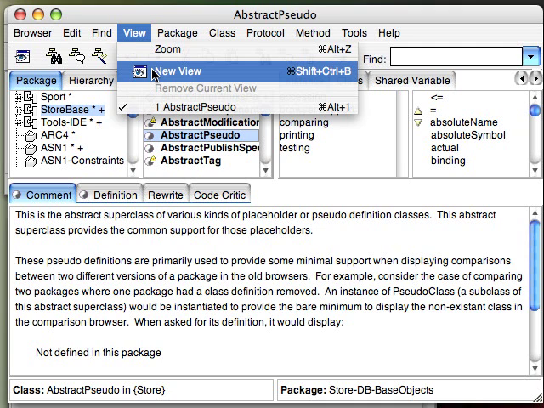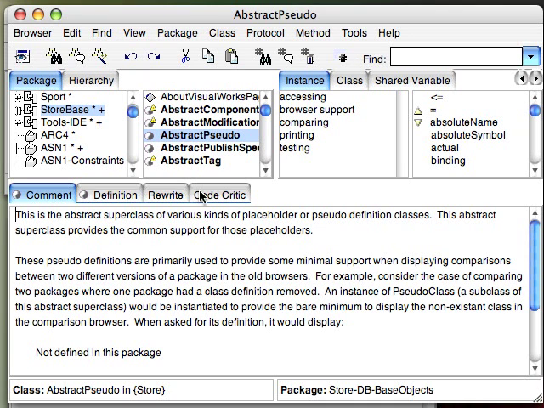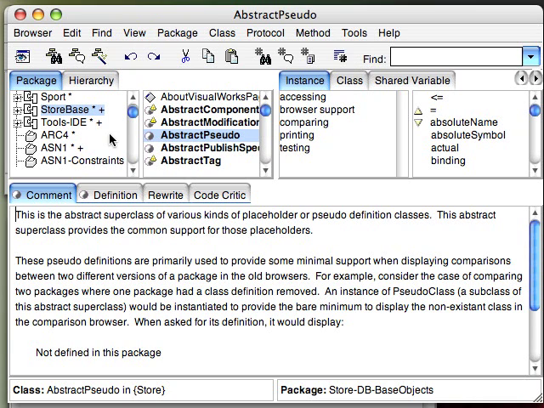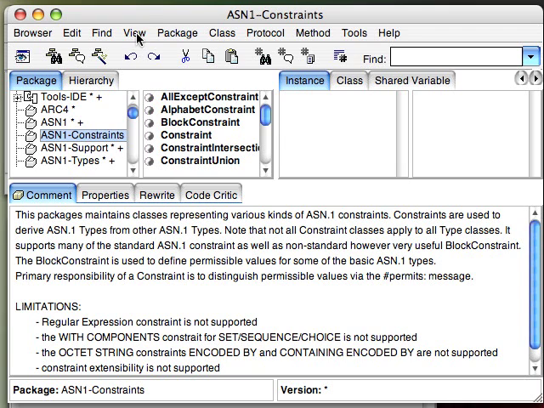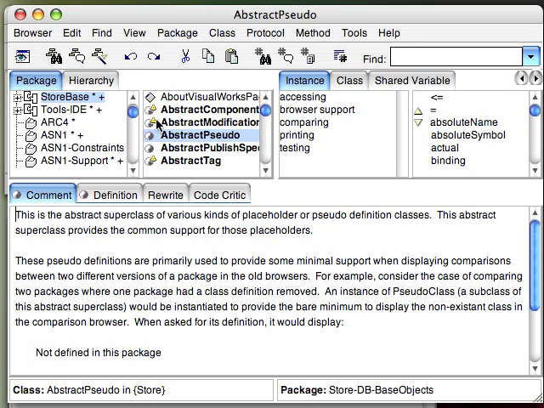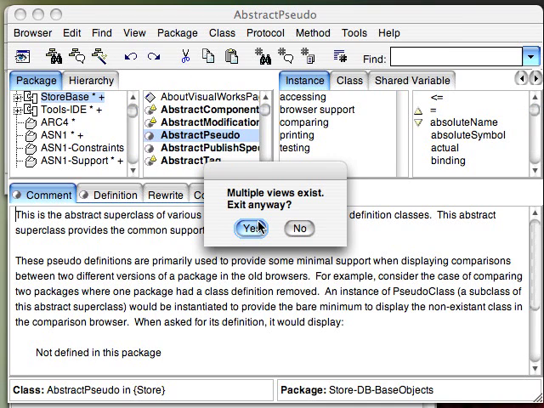You can go here to View and say New View, and you saw something flash briefly, and if I go back to the View menu, you'll notice that I have a different view here, and I can switch it over to this, and then come back and notice that I have this. Now, that's not terribly obvious visually in the browser, so let's close this for a moment,